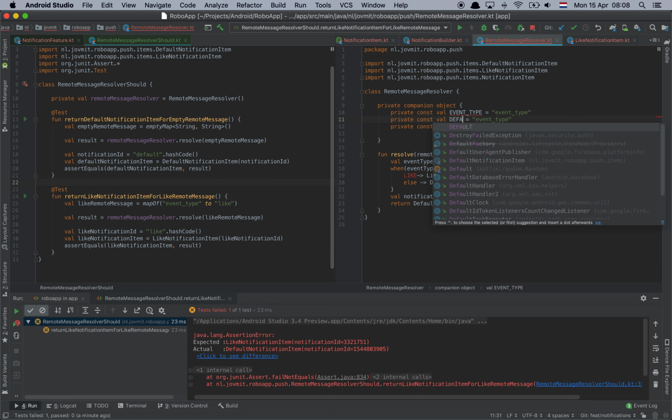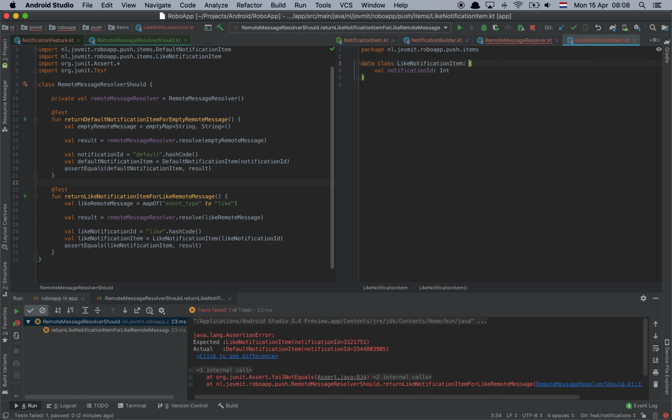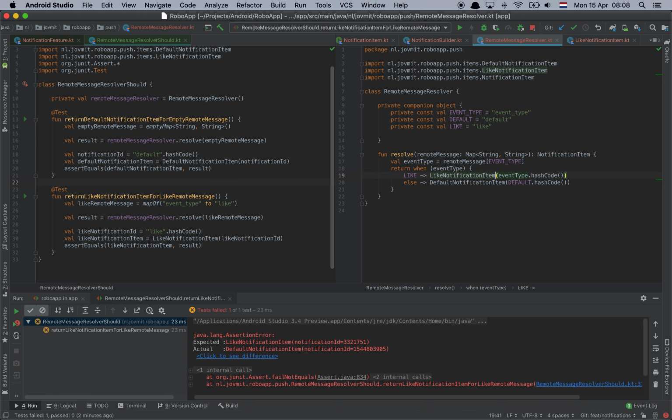Here I'll have default, and I'll have like. There we go. Everything's private, so it belongs only to this class. And I'll put here. Yes, so this one is not notification item. Oops, just do it here. Yes, so if I run both of these tests,